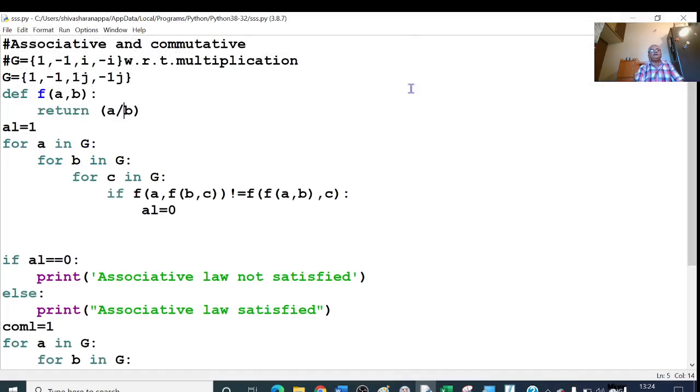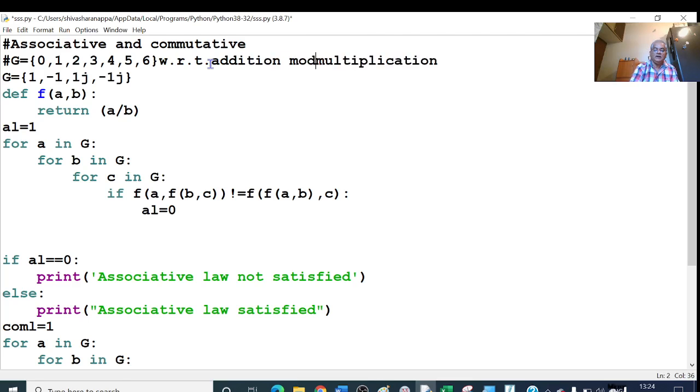And whatever your set is, you can change it. I will change the set to some other set: 0, 1, 2, 3, 4, 5, 6, with respect to addition modulo 7.